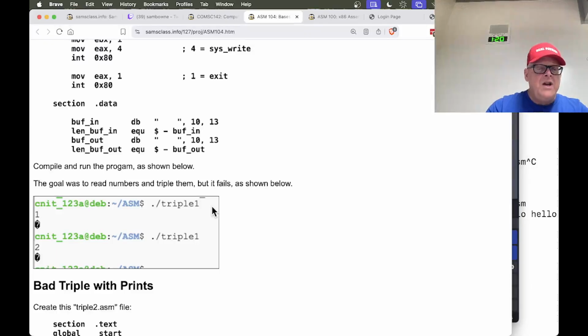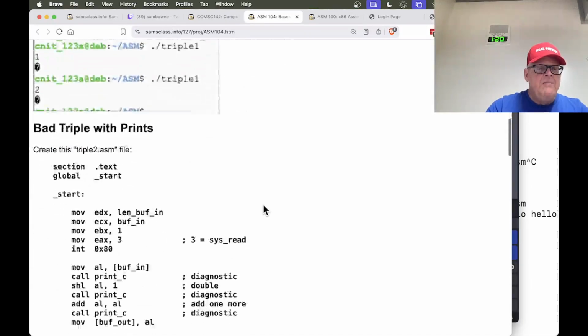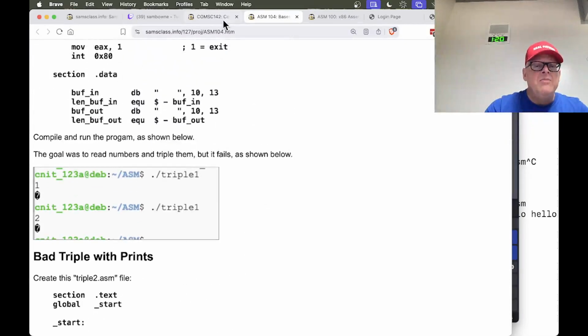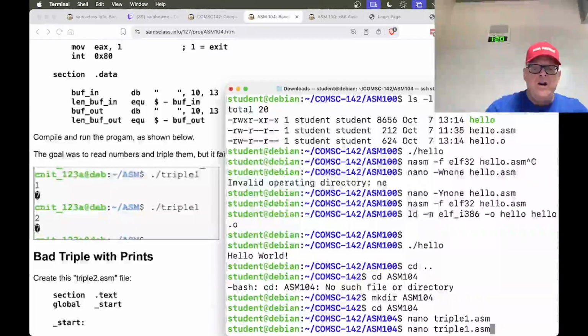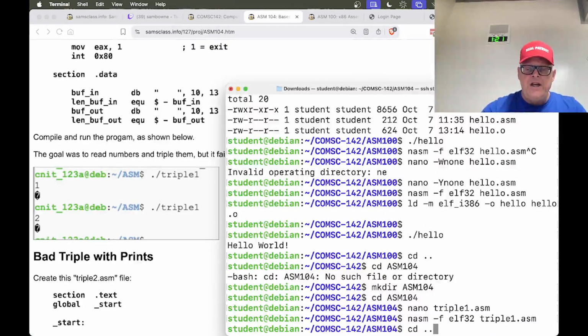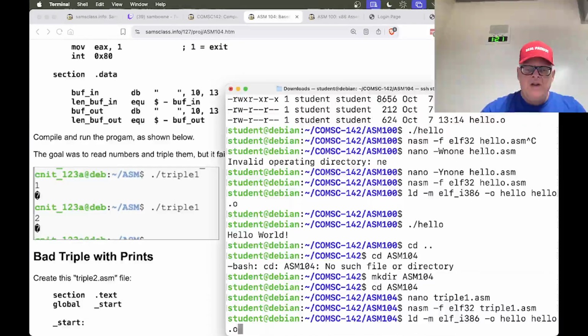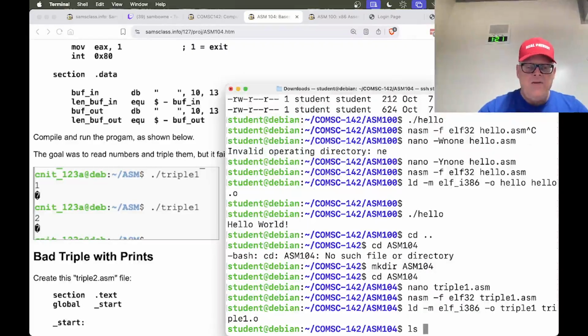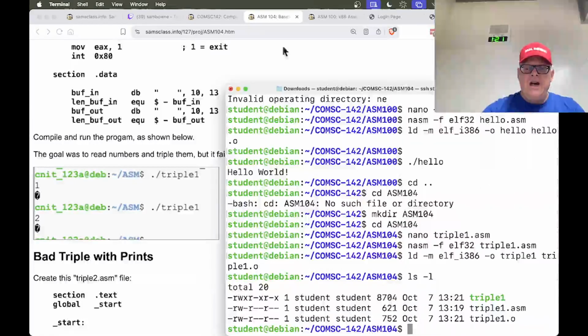We're going to compile and run it. I don't see it here, but I did it in the previous one. So let's go back to here. You compile it with NASM. There it is, NASM. And this is going to be 111. All right, and then LD it, which is here. So this has to be 111 and 111. All right, and so now if I do ls minus L, I have the source code, the object code, and